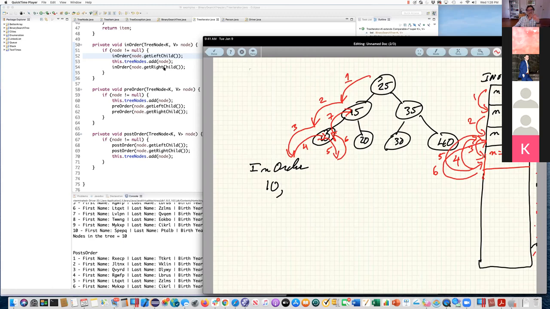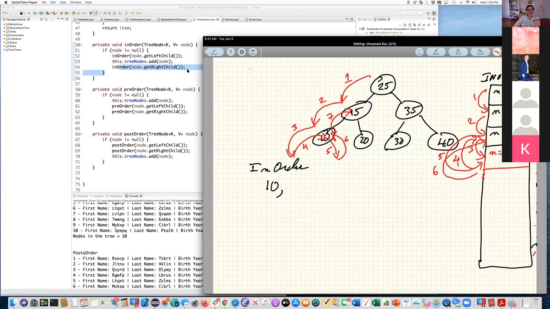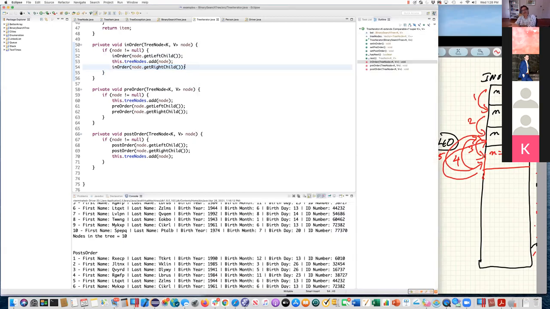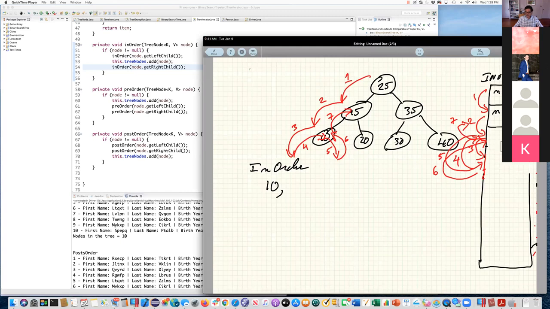When 6 goes back, it's going back to 10, but it's coming from the call to 54, right? On line 54. Which means when this call is done, since I just visited my right child, I don't have anything else to do in this method. It's done. So n is equal to 10 is going to return back to 15, okay? Which is going to be arrow number 7. So this is going to be 7 going back to here, okay? We're okay so far? Okay, so now I'm back at 15, okay?